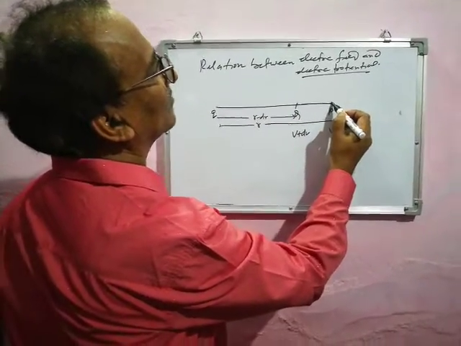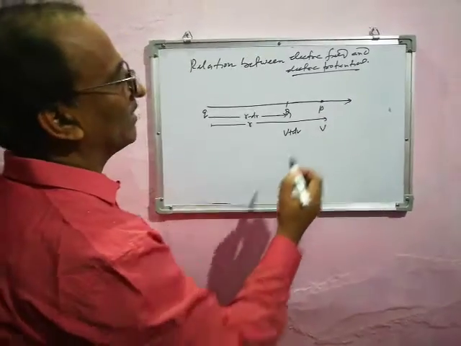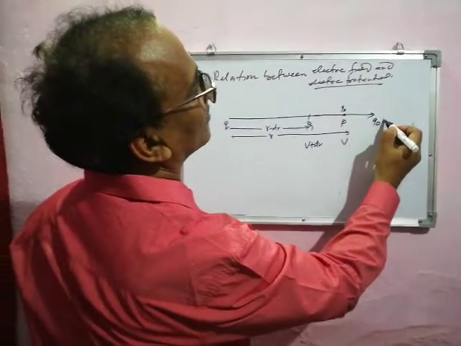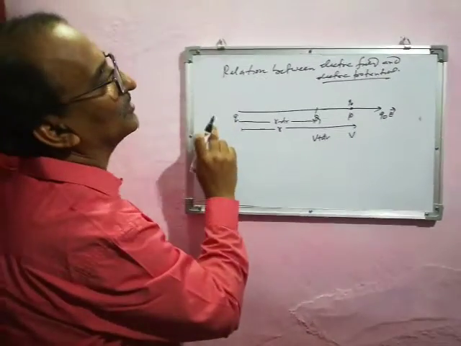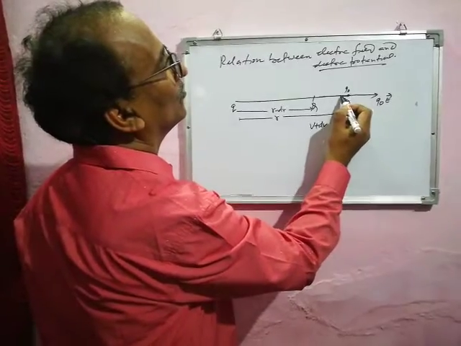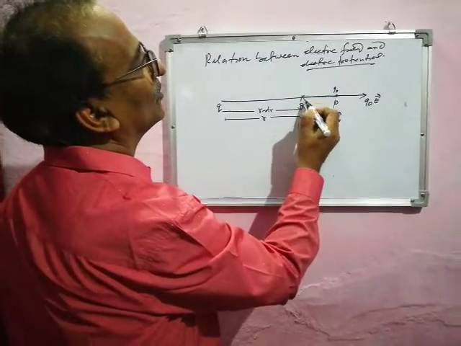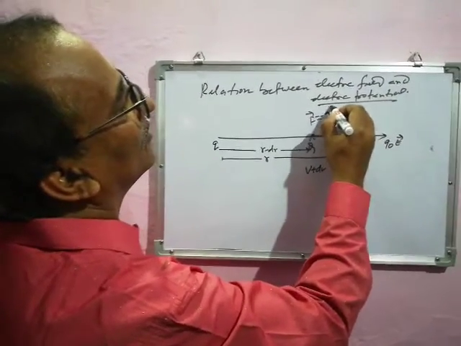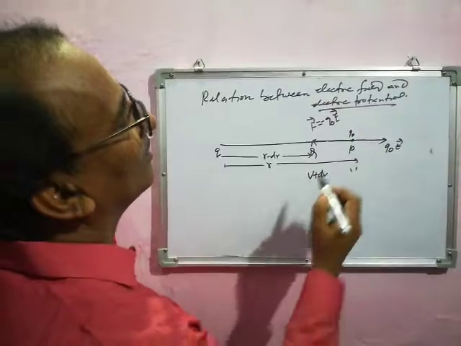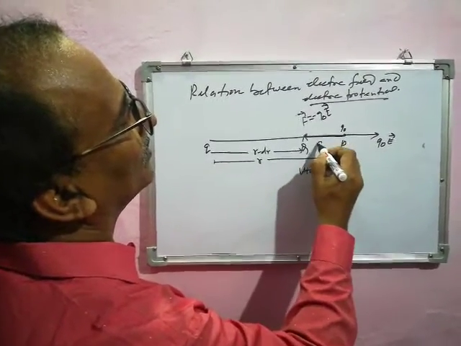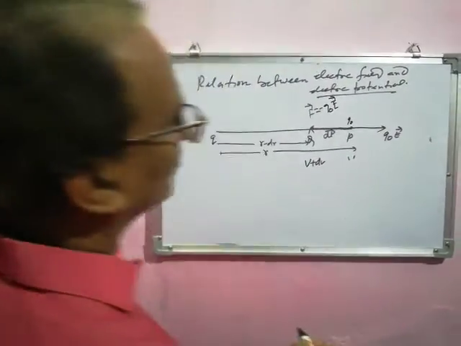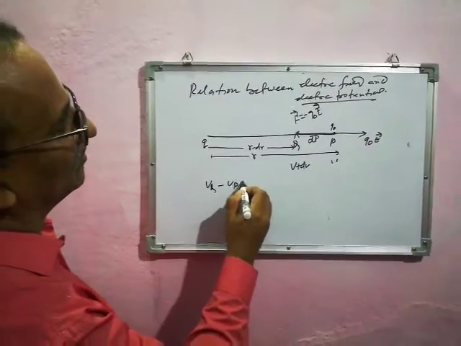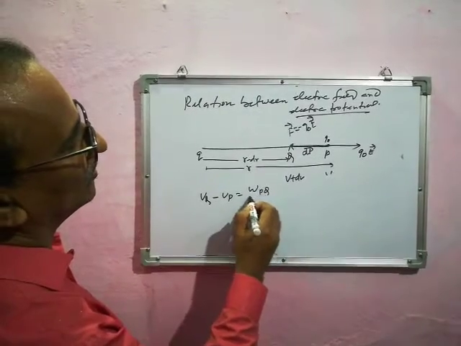So here the direction of the electric field will be along this direction, and if a test charge Q0 is kept here, it experiences a force in this direction due to the electric field of the source charge. So in order to move the charge from P to Q, we have to apply a force minus Q0 E in the opposite direction. If the displacement from P to Q be dl,